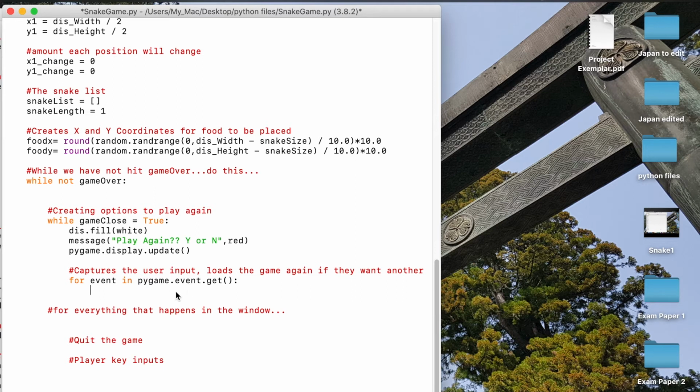So one of the things that we want to happen is, while this bit is happening, if the user presses Y or N, we want the game to either restart or actually close. So if the user presses yes at this point, so event